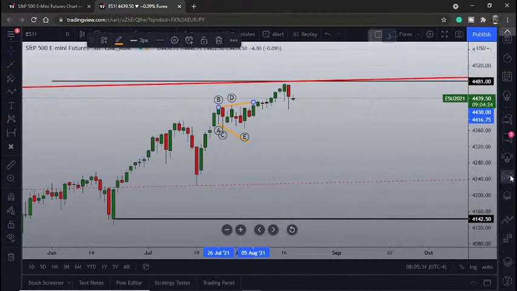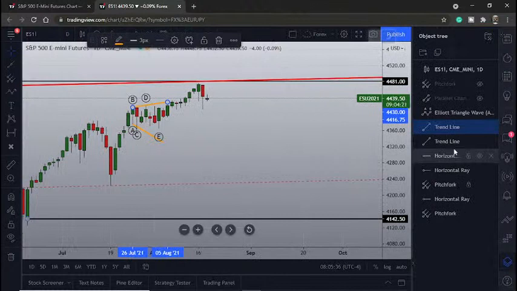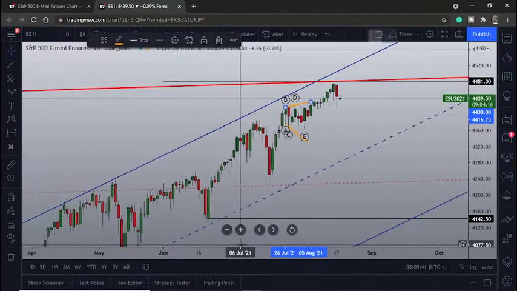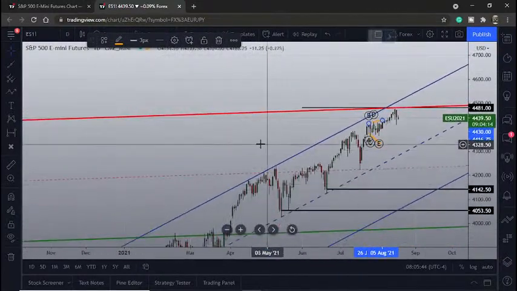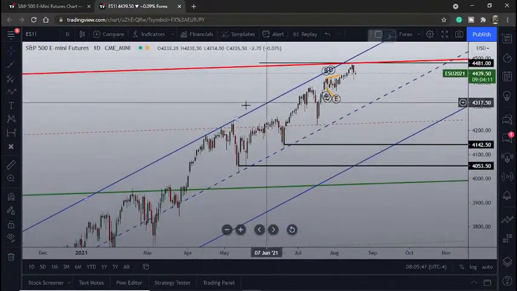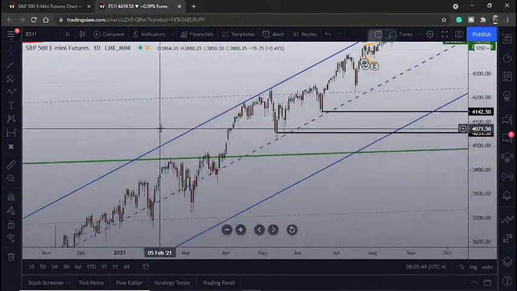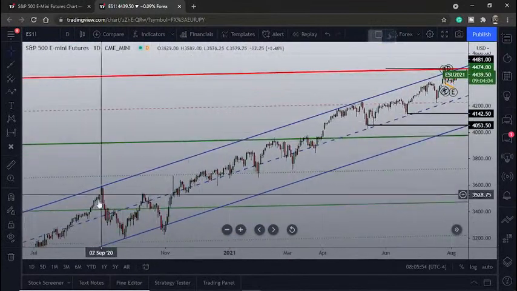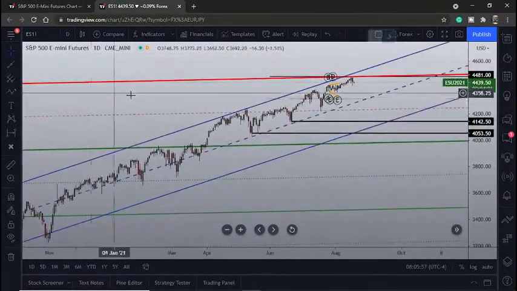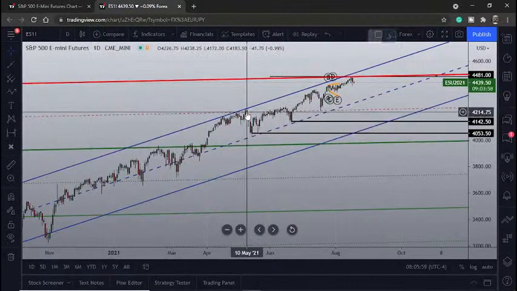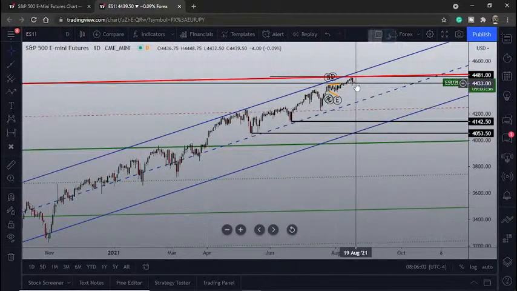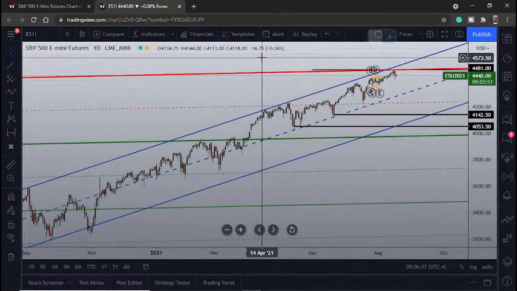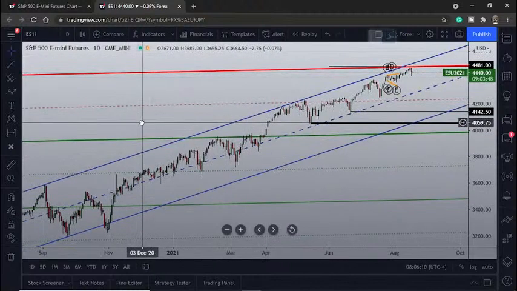Something else that I want to show you that I've recently drawn in there for my members is if I run a parallel channel to figure out the angle or slope of this massive bullish impulse. I've simply used, let me just zoom out a little bit, this high September 2020 to this high on the 10th of May, and price is currently approaching this upper band again. Now, people will tell me this is a very strange way to draw a channel line,